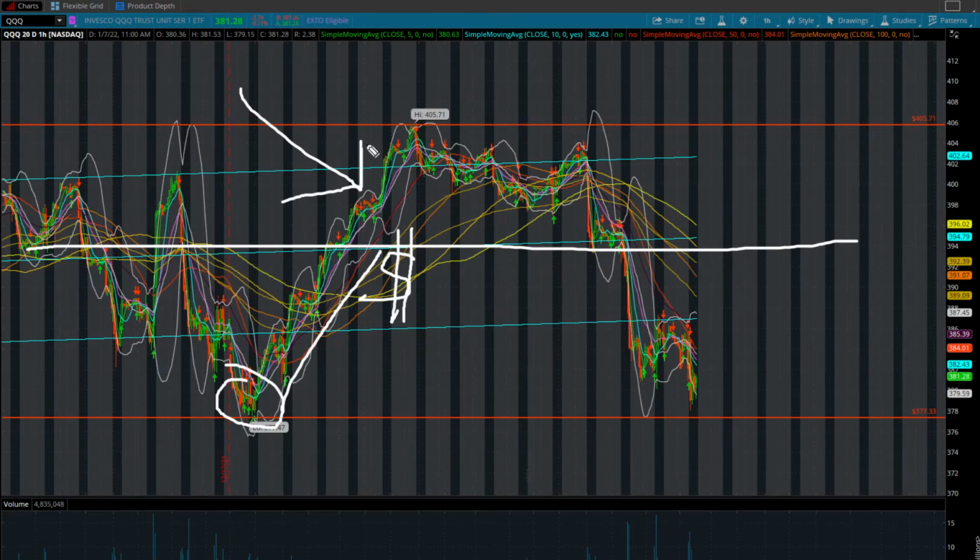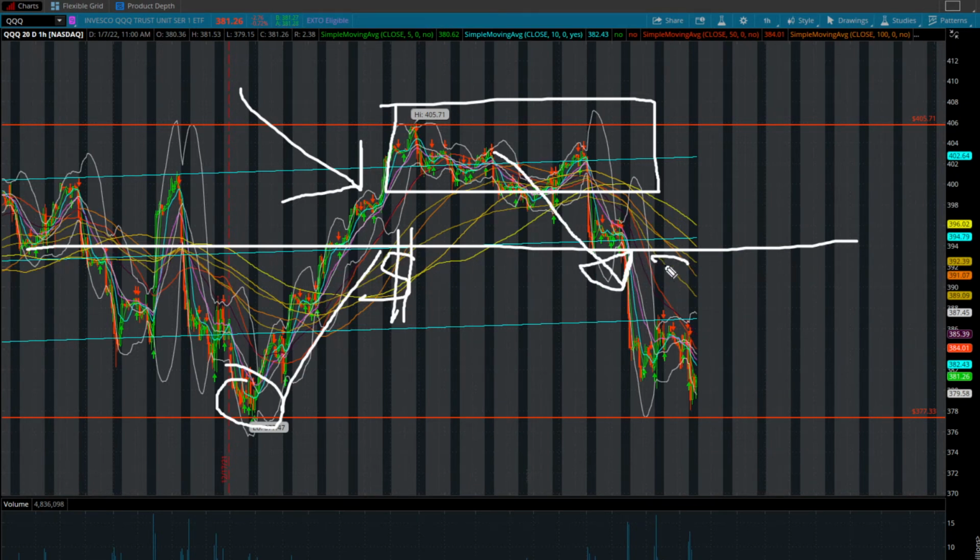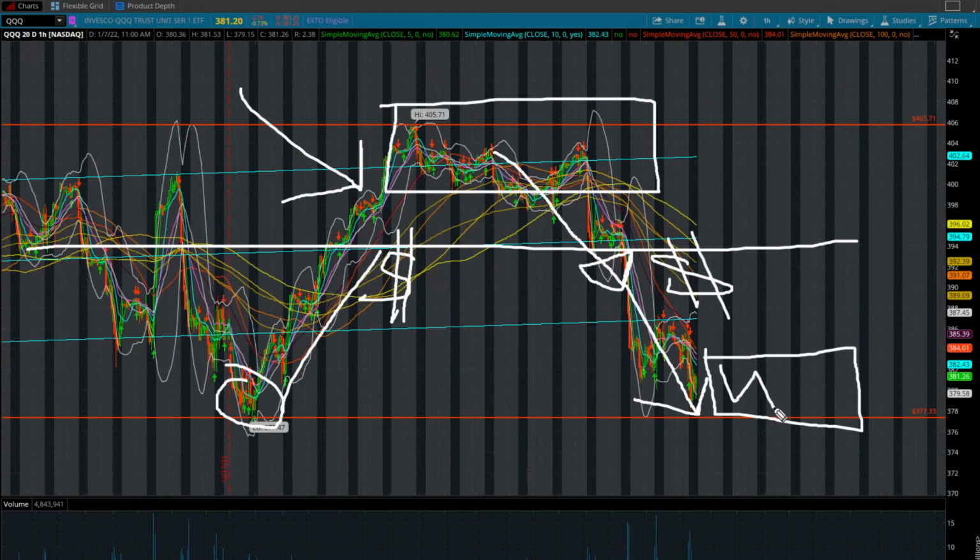And then as we get into this top zone here, this is where you're going to want to be shorting the market back down to midway, to this area here. And this is where you're going to want to be taking profits. So you're going to want to be shorting that 400, 405 area back down into that 394, 395 area. And then you want to let the market digest and chill out, come back to the bottom of the range here. And this area here is where you're going to want to start loading up again